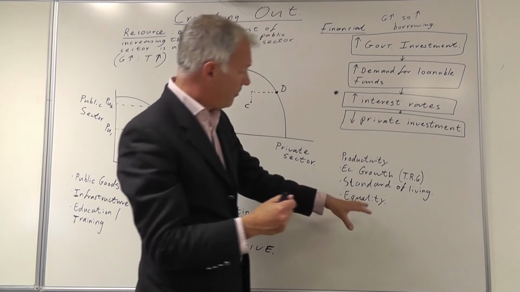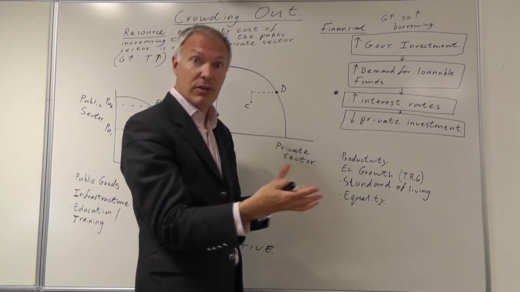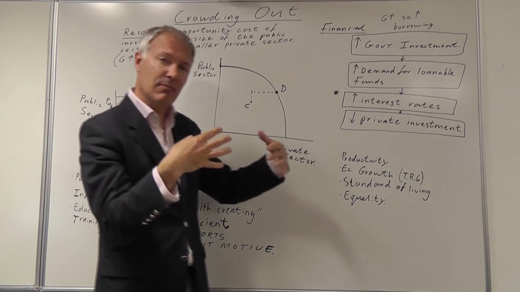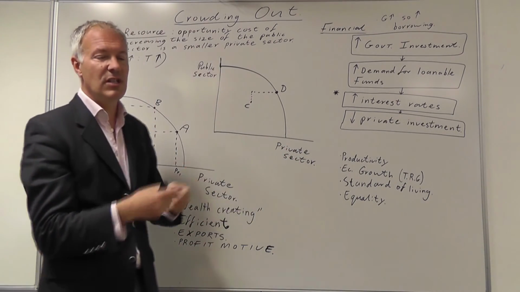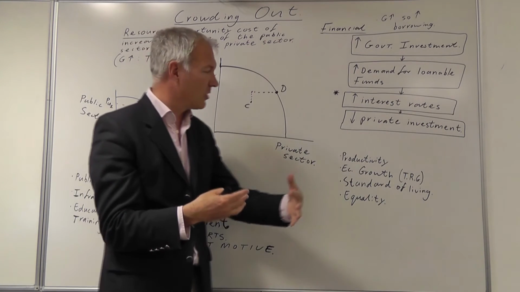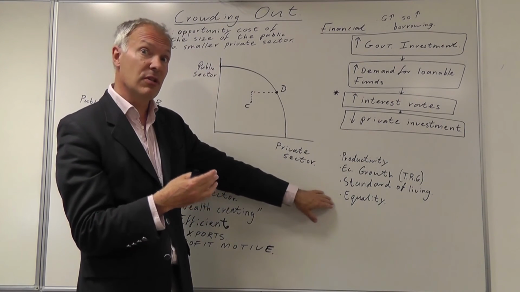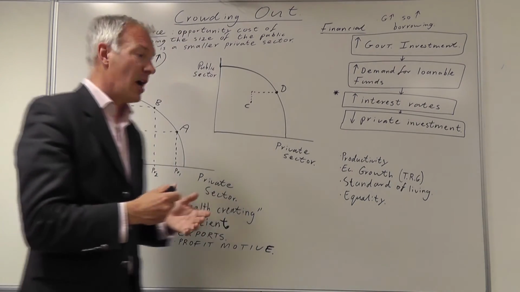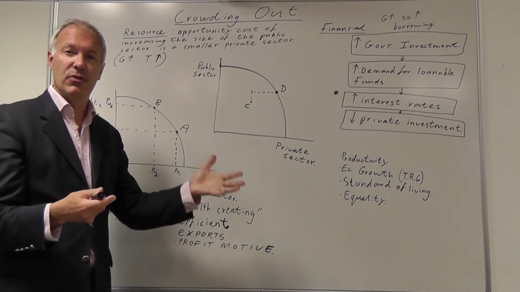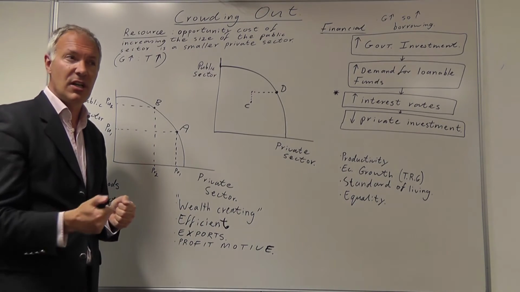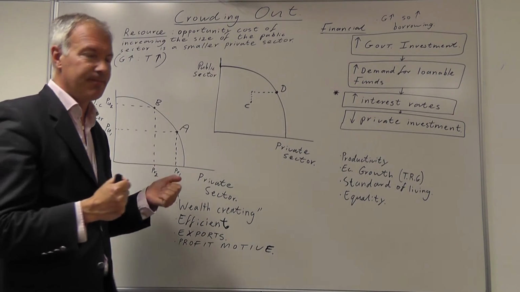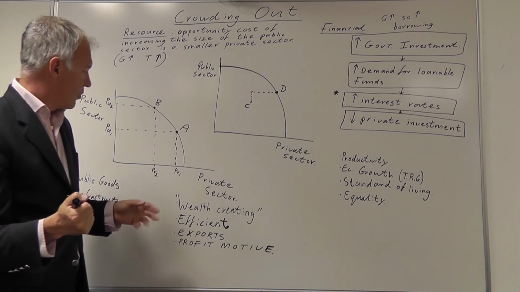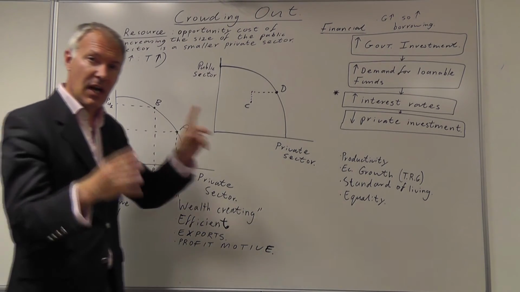This brings us to the point of equity. What will happen to inequality in society? And it may be that if we make the private sector bigger and we reduce redistributive taxation like income tax, it's possible that inequality might increase. Also remember that the public sector provides goods that create a more equal society, such as the welfare state and providing infrastructure, etc., which helps all in society. However,